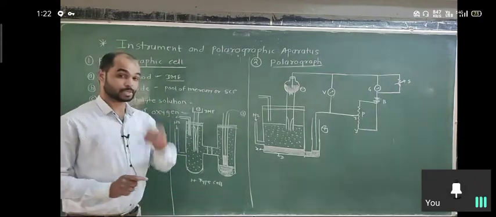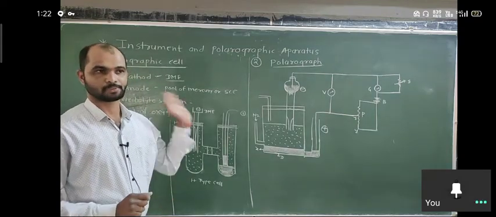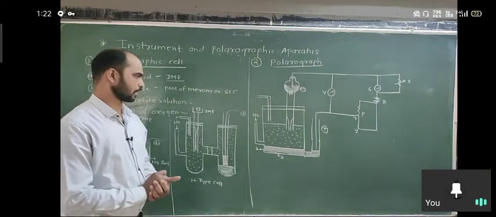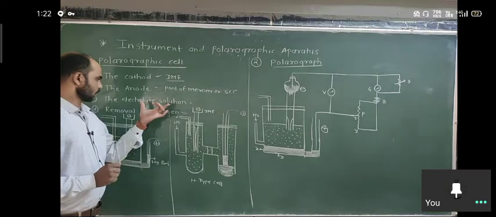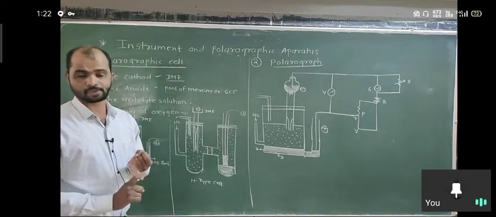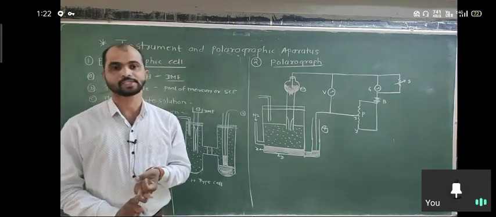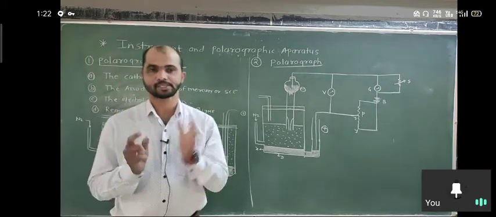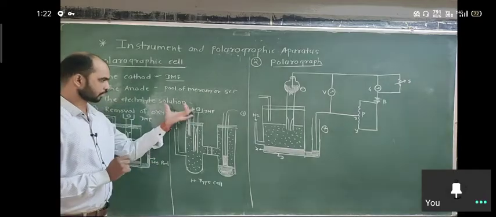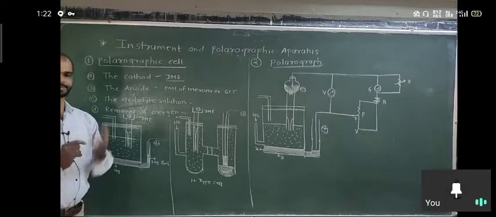How the sample is oxidized or reduced depends on its nature. So basically the polarography technique depends on the nature as well as the concentration of the solution. So in the electrolyte part there are three things. The solution means sample plus KCl as a co-electrolyte. Second, gelatin is added as a suppressor in the solution. Then we use the solution for the analysis. The fourth point is removal of oxygen.